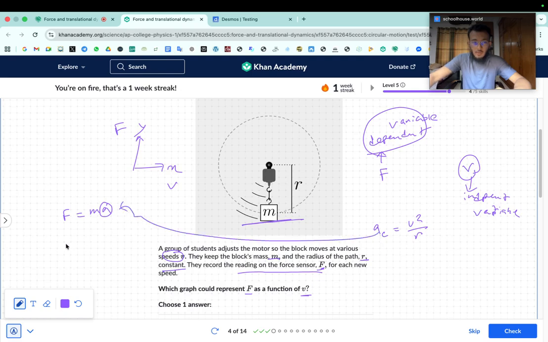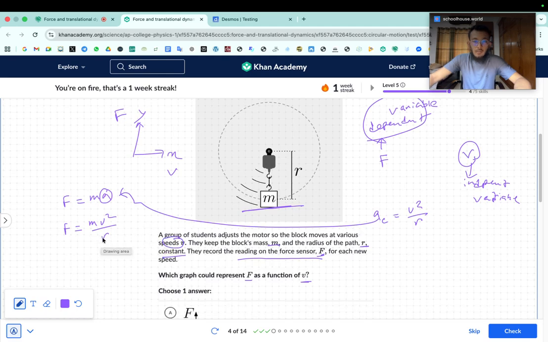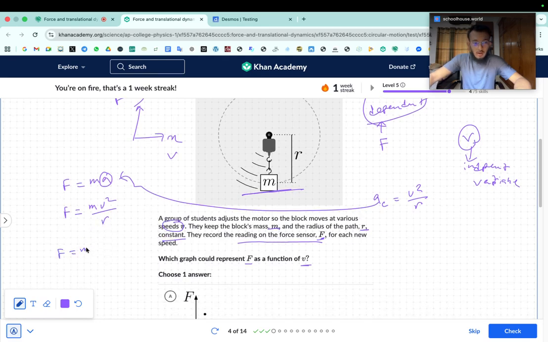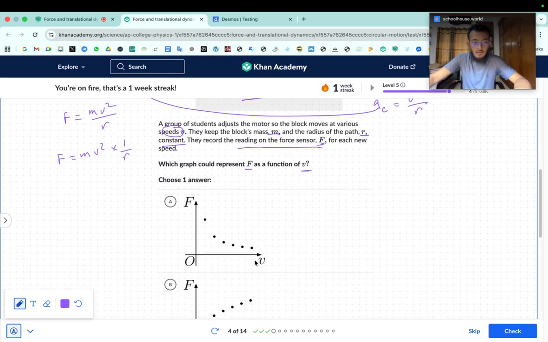If we plug this in here, we get F equals m times v squared by r. So you have F equals m by r, which stays constant, since mass and radius stay constant, so it's just a constant times